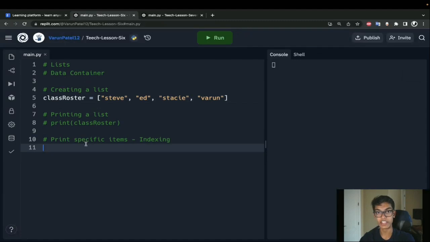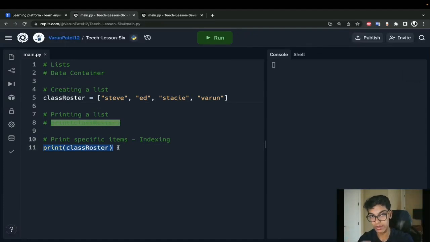So I want to print a specific item. Let's say for this example, I want to print Steve. So we already know you can have your print statement, right? And I'm pulling from this class roster list. So I know I'm going to have to reference that name. So class roster. Cool. Well, we know if we do this, we'll print out the entire list. So we're working our way towards printing out just Steve. So from here, where do we go? Now, this is the point where we use the index of the item that we want to print.